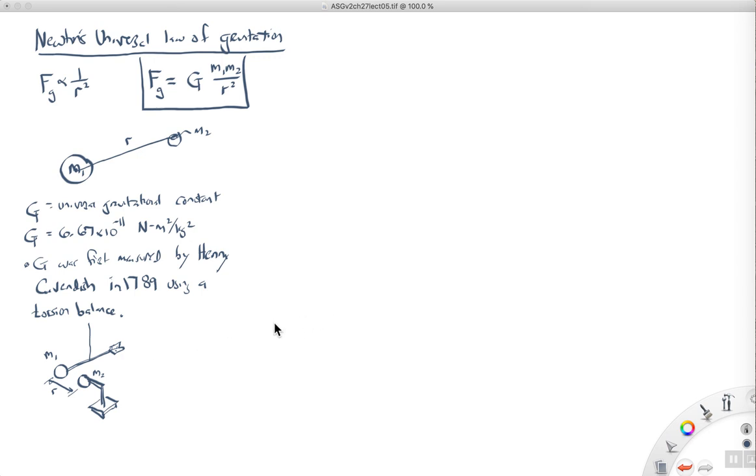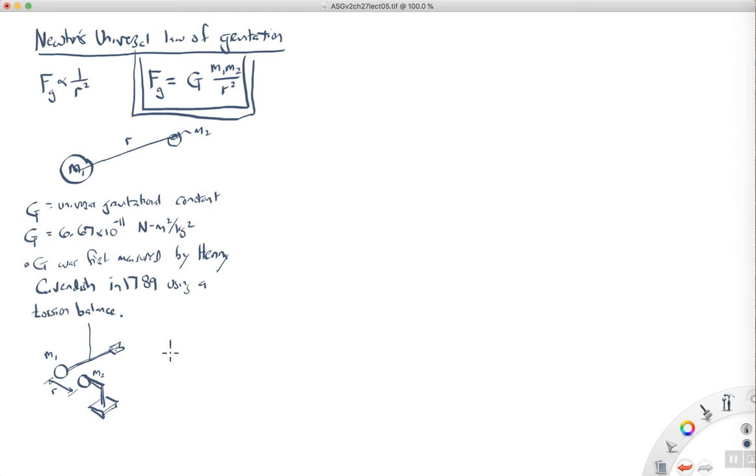And by measuring the force as a function of the distance or as a function of the masses, one can determine what the gravitational constant is. Okay? By the way, the mathematical form of the universal law of gravitation looks very similar to Coulomb's law